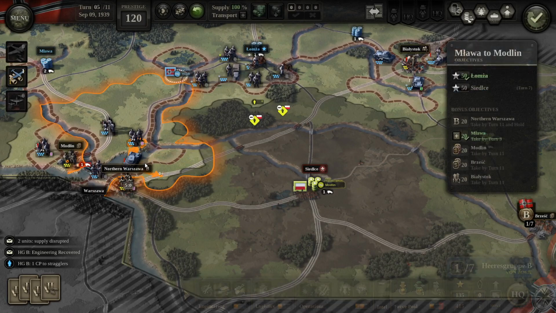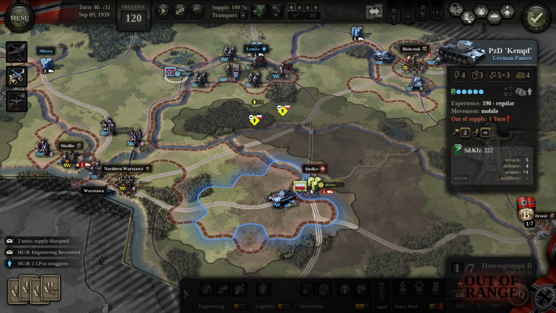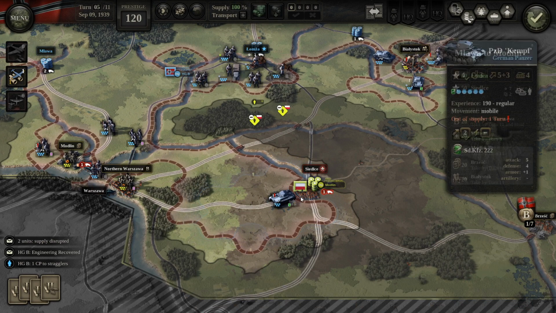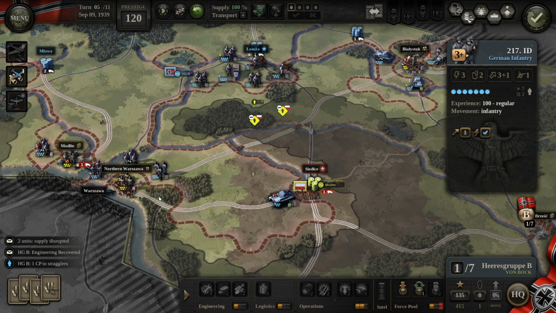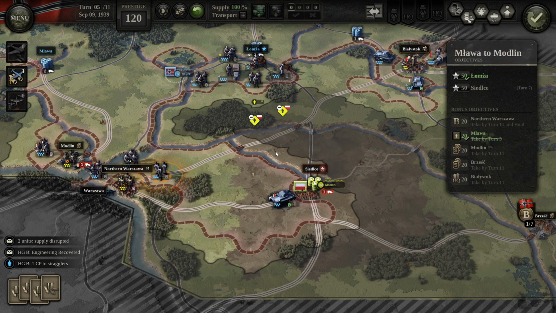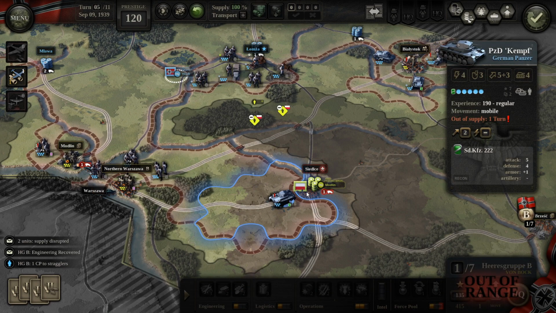They're probably not going to bother moving away from northern Warsaw. So what we're going to do is move here towards Siedlce. Okay, actually there's nothing in Siedlce, so we can just grab it next turn. In that case, we don't have to worry about hurrying with Bialystok. All of this is supplied. This tank is not supplied. I should have pre-supplied it while it was still there, but...